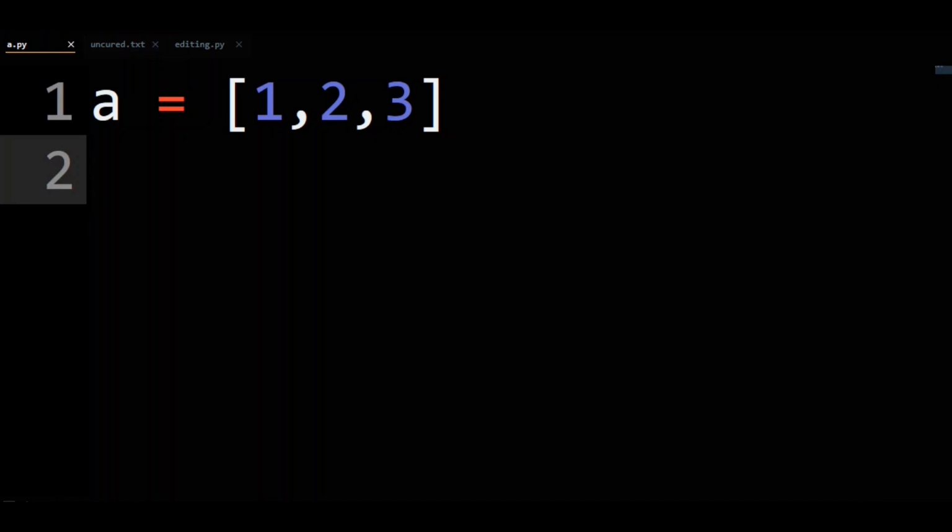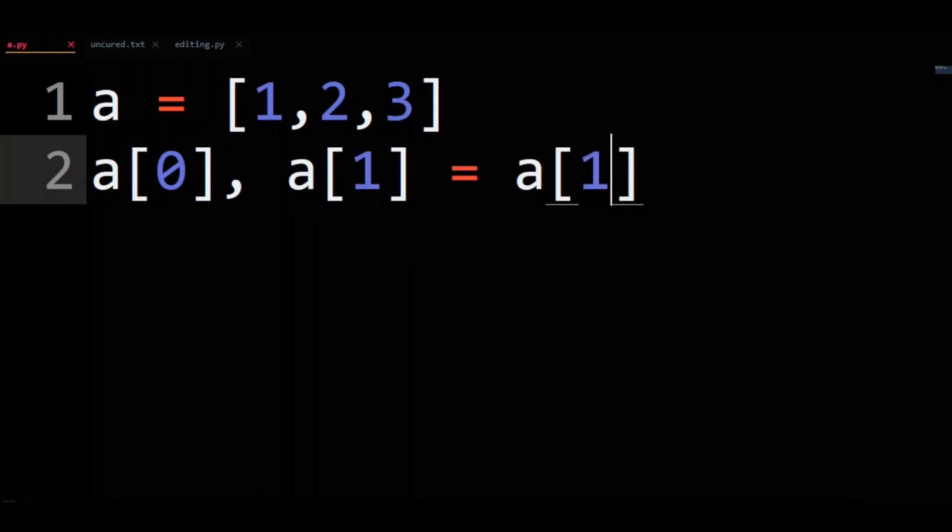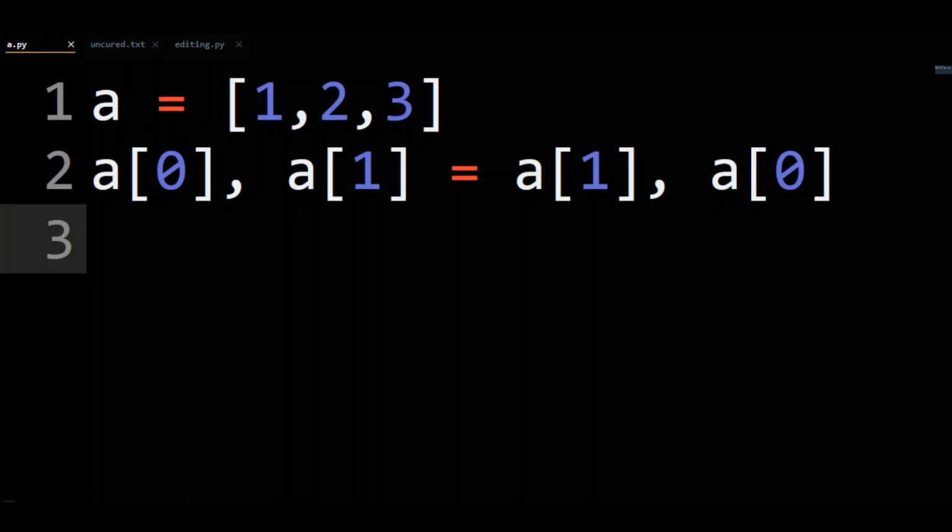Say, for example, we wanted to swap the first and second elements. To do that, we would do A[0], A[1] = A[1], A[0]. What this does, because I agree it does look a bit witchcrafty at first, is put the values on the right to the corresponding memory addresses on the left. So the value of the second element is put in the first slot's memory address, and the value of the first element is put in the second slot's memory address.